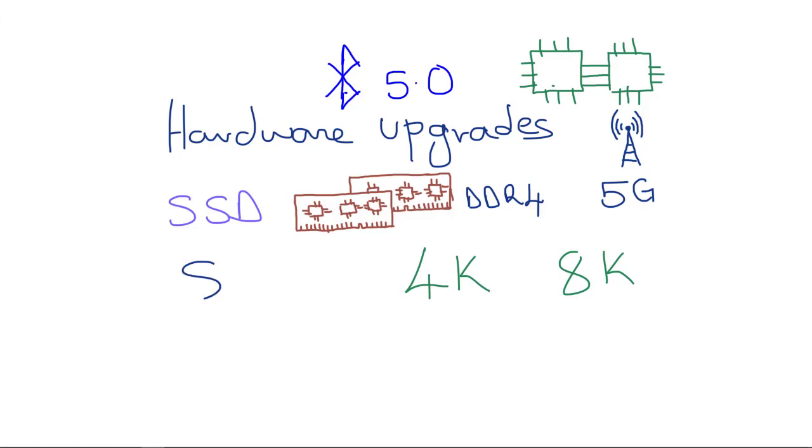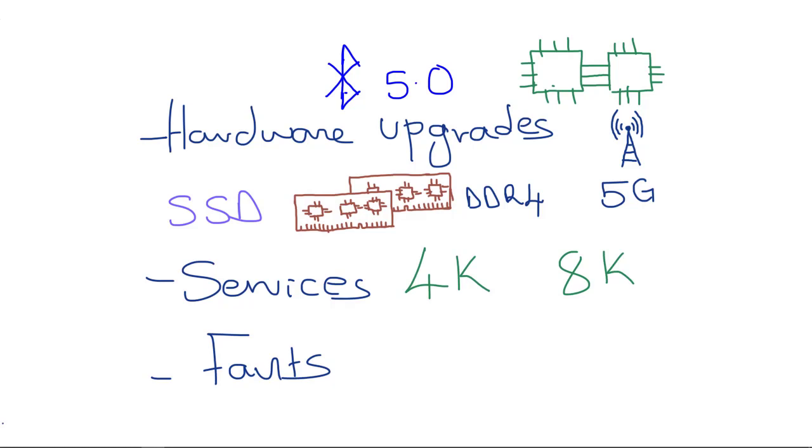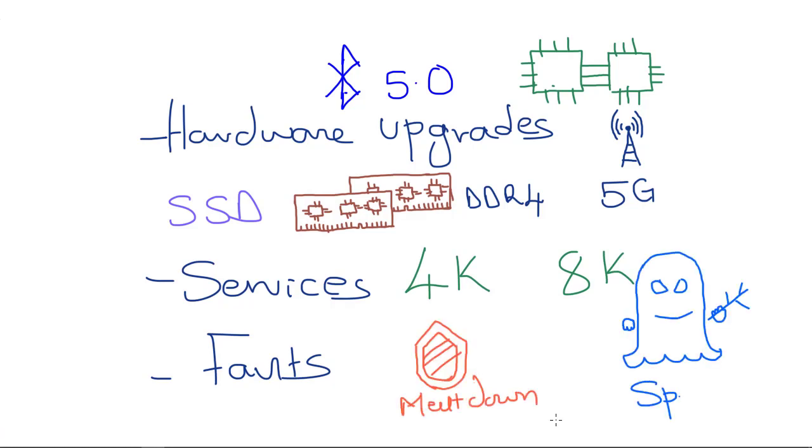Another reason for upgrading the OS is provision or support of new services, since some services need to be interwoven directly into the kernel. And lastly but not least, all systems have faults, either at hardware or software level. Like some time back we saw Meltdown and Spectre. These were serious flaws in some microprocessors that would allow users to access private memory areas. Faults are discovered from time to time and patched up, sometimes requiring a system upgrade.